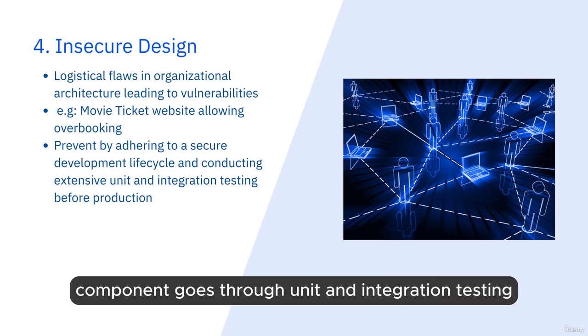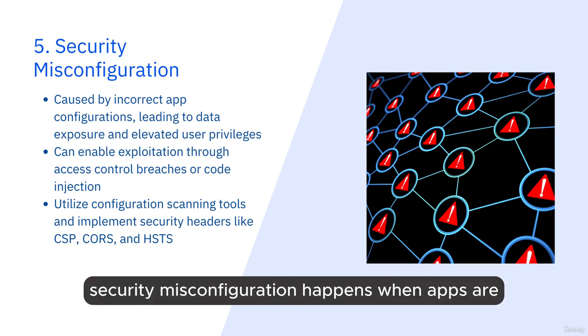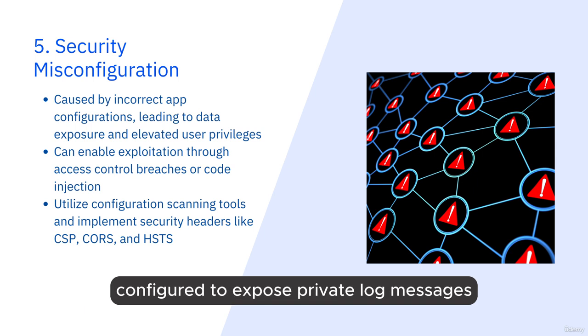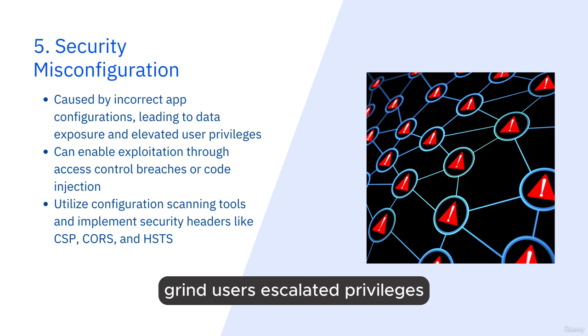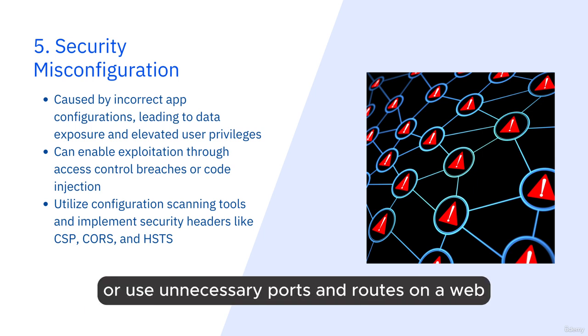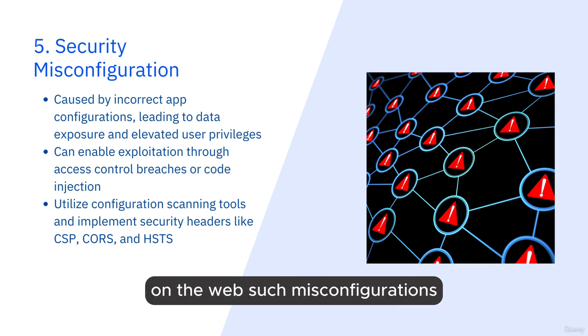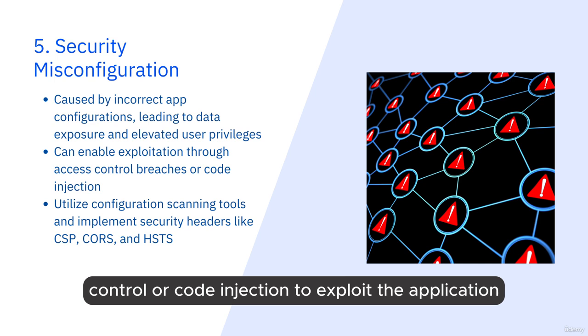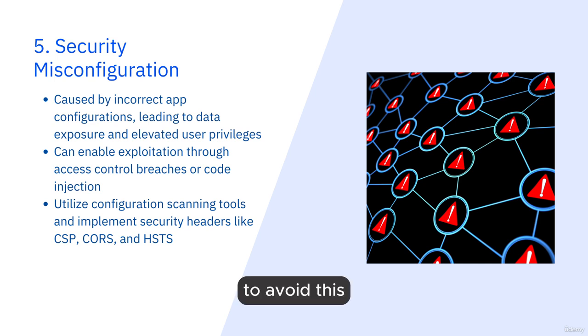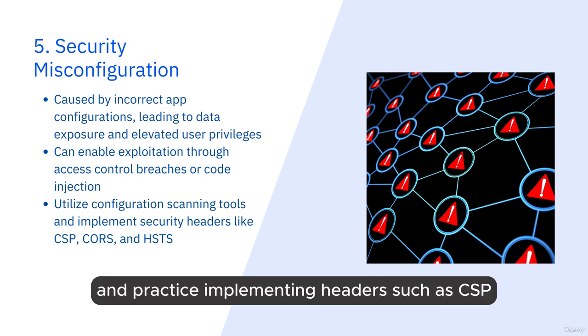unit and integration testing. Ranking fifth, security misconfiguration happens when apps are configured to expose private log messages, grant users escalated privileges, or use unnecessary ports and routes in a web application. On the web, such misconfigurations can allow hackers to do broken access control or code injection to exploit the application. To avoid this, use configuration scanning resources such as SNCC to find misconfiguration, and practice implementing headers such as CSP,